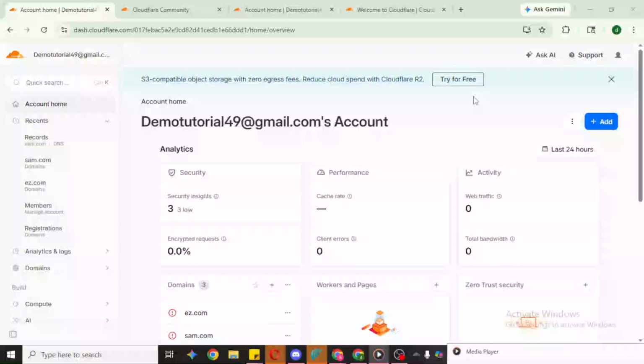In today's video, I'm going to teach you how to generate your Cloudflare API token. By the end, you'll know exactly where to go, what to click, and which details to pay attention to so your token is both usable and secure. An API token is a secure scoped credential that lets tools or services interact with your Cloudflare account without sharing your full login. It's safer than a global key because you control exactly what it can do.